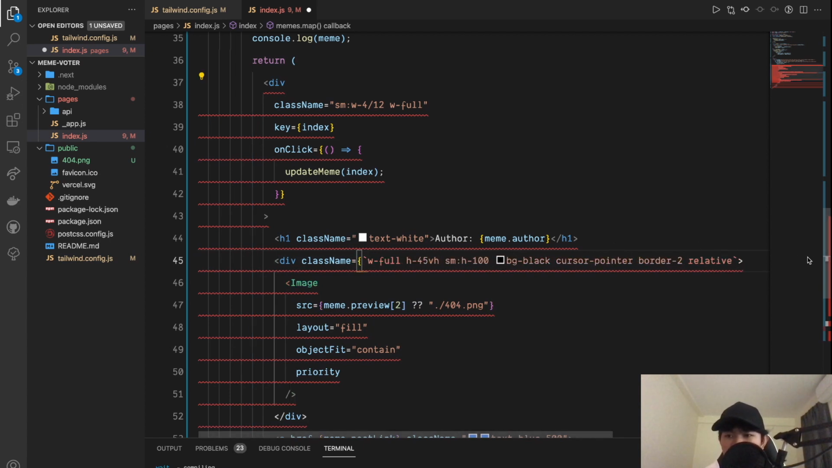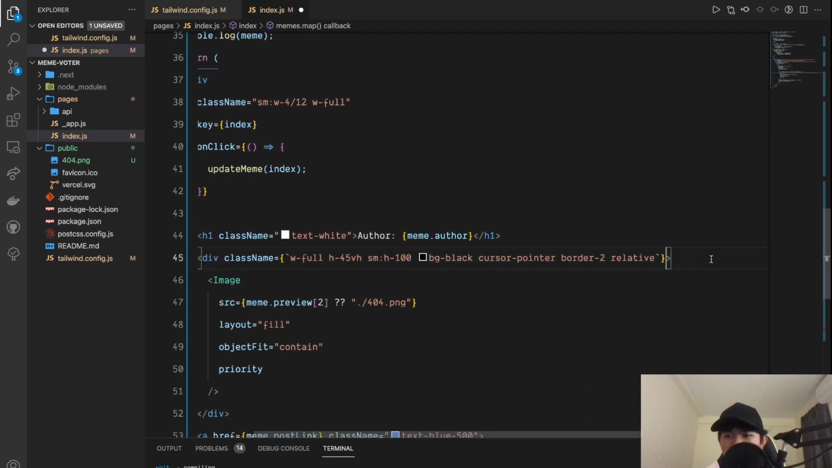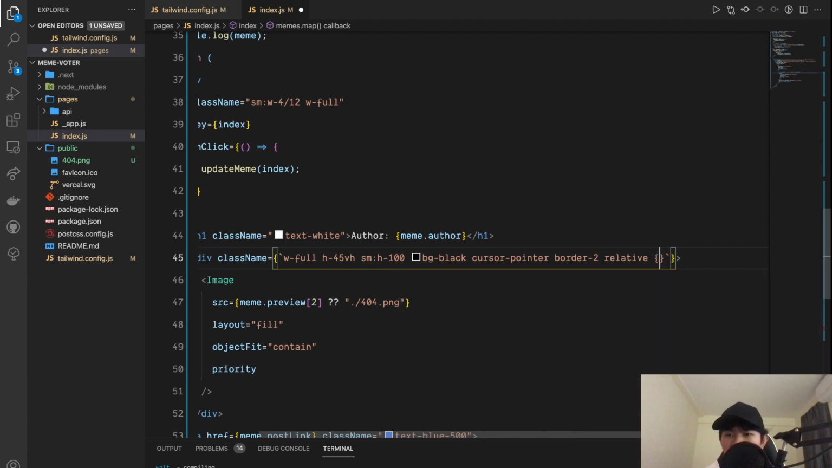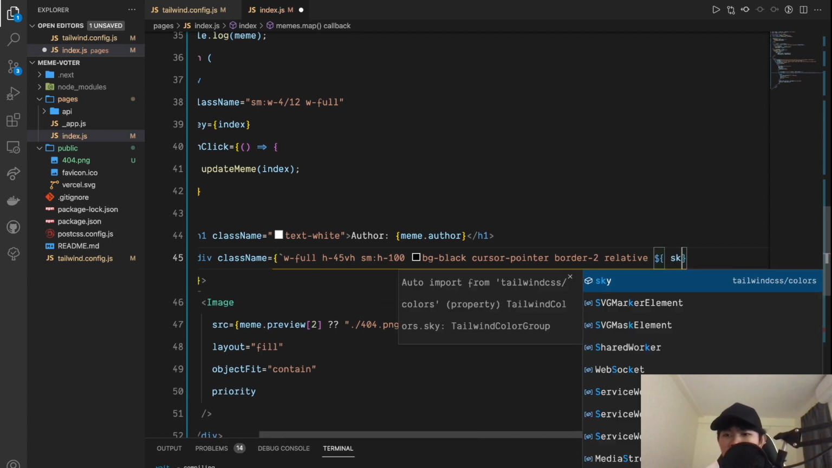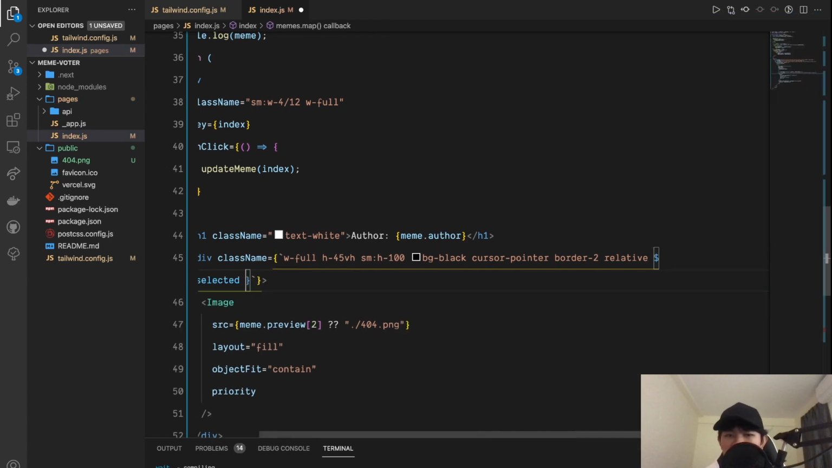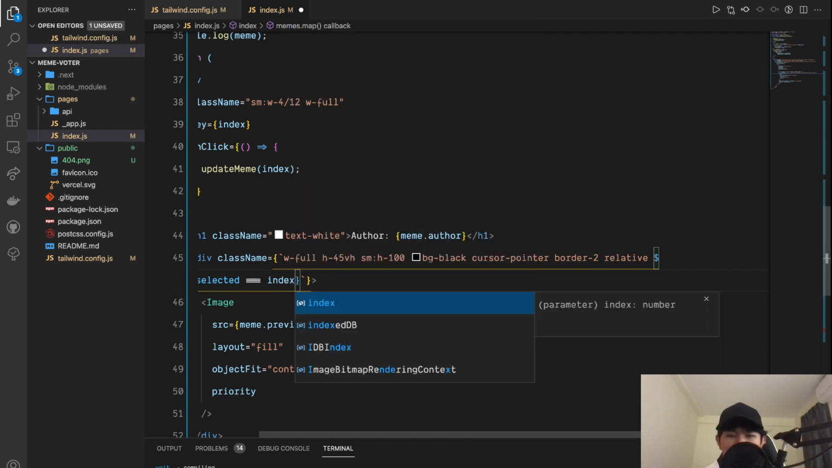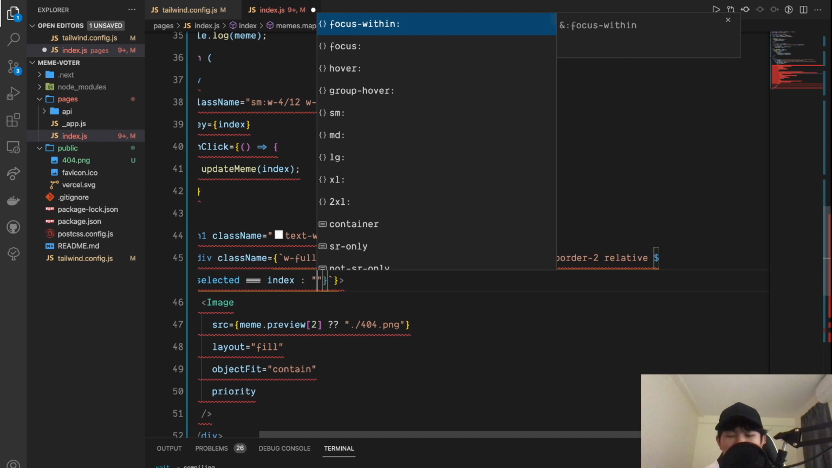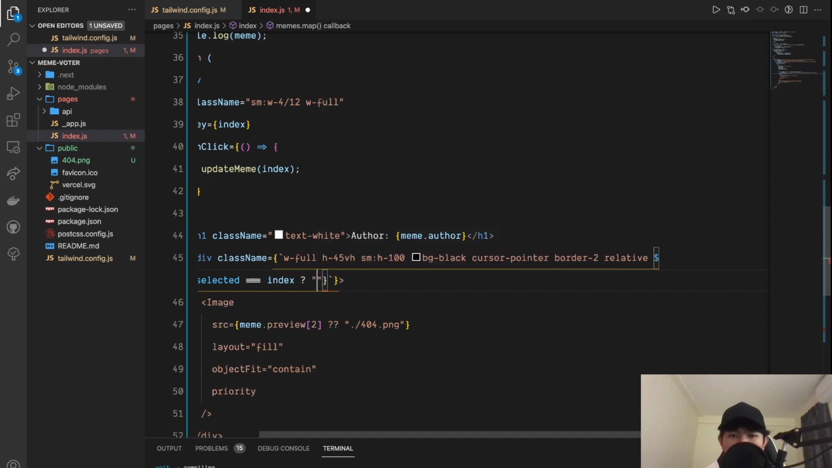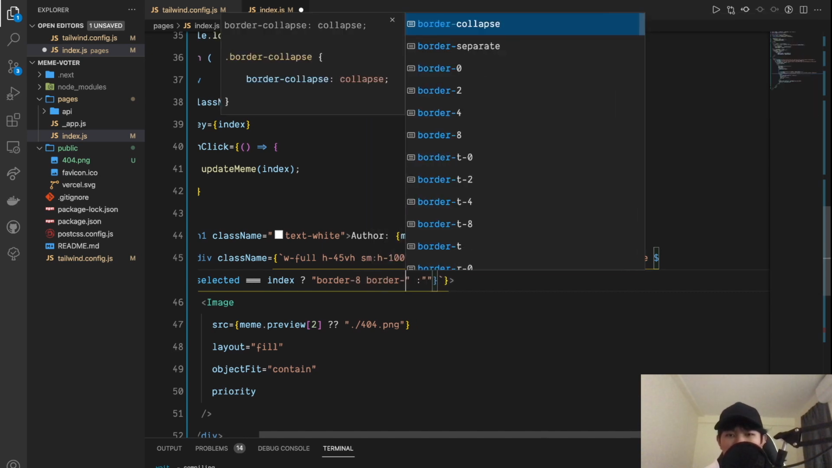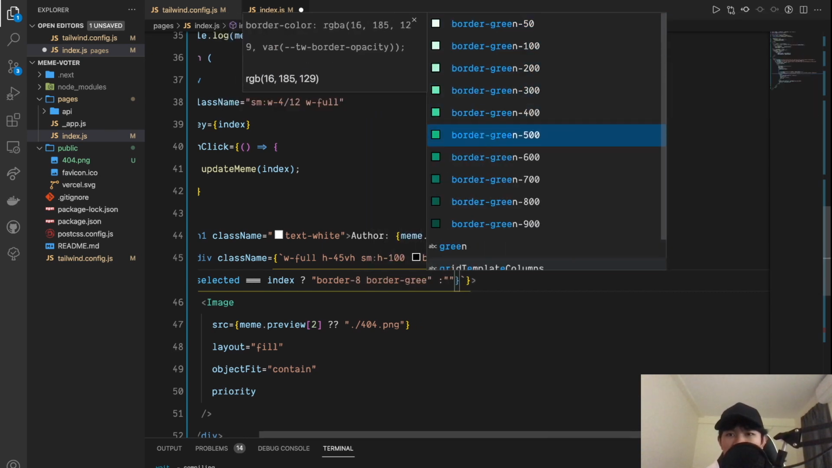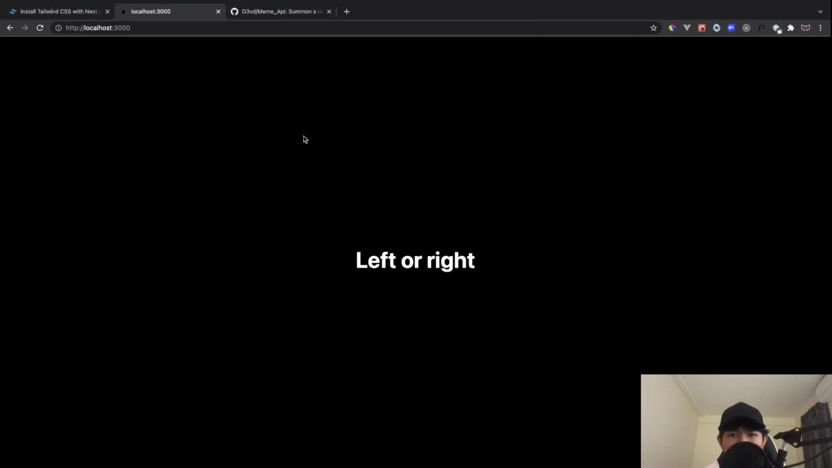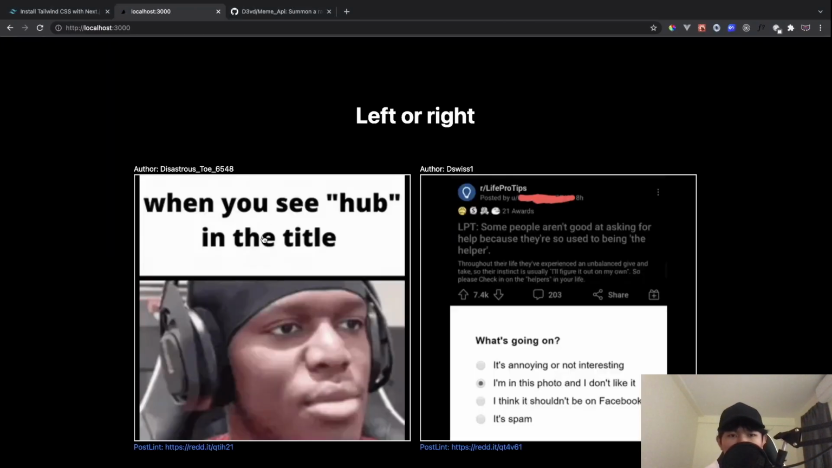And we're gonna do backticks and semicolons around this one. And we're gonna do, okay, if selected is equal to index. So what we can do is we're gonna give a border of 8. And then border green is gonna be 500. So you can see right now if I click on this one,